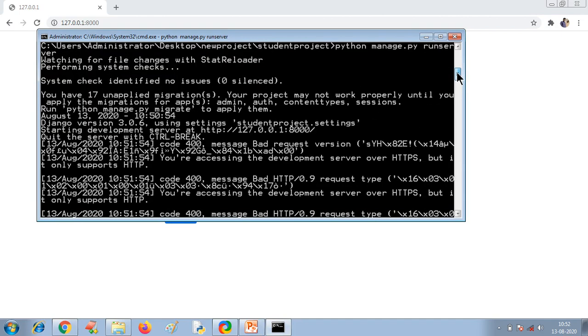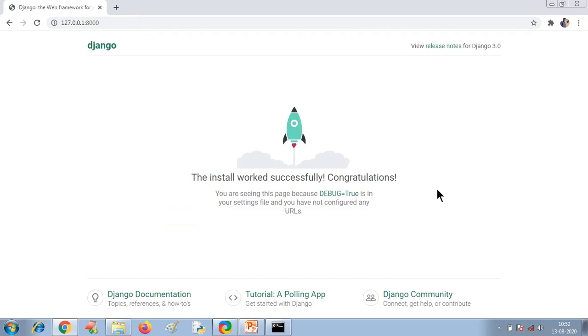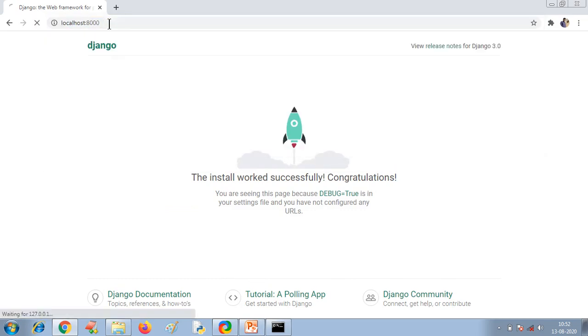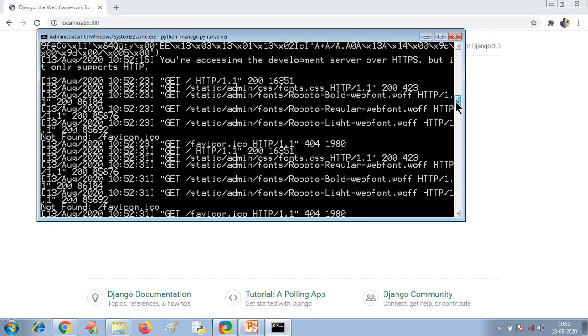Okay, don't use HTTPS, you use HTTP colon, right? So 127.0.0.1, don't use HTTPS, you need to use HTTP, right? Or simply you can also write localhost colon 8000. You can see here the install worked successfully. Congratulations, that is your server is now running. You can check here. Fine.